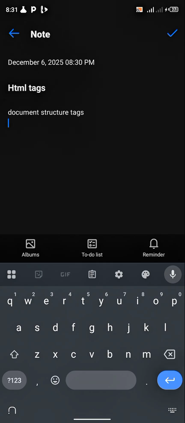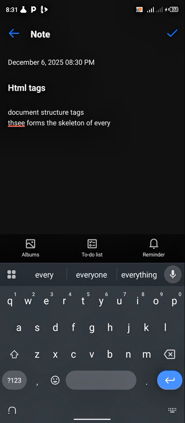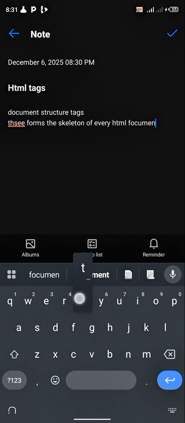This document structure tags forms the skeleton of every HTML document. This is the structure, this is the bone of